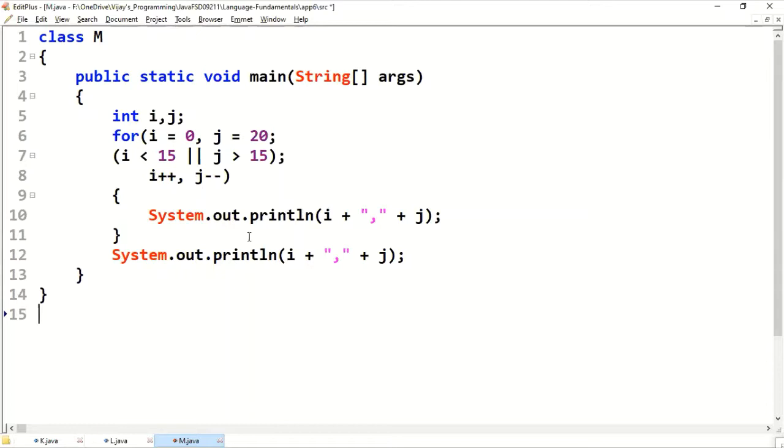This is the double OR operator. You know how the double OR operator works? Please send the results.